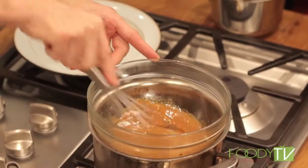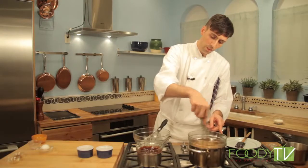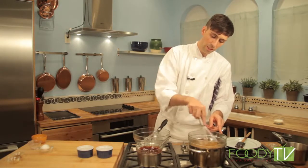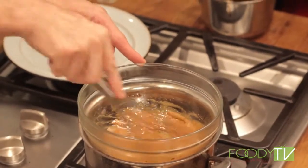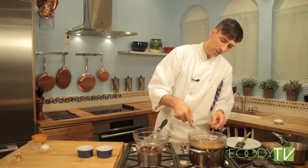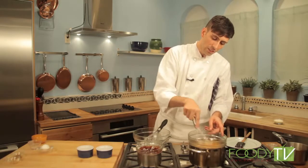Just another few moments. You can see that the color is starting to get lighter. Just want to make sure that we get all over. We don't have any clumps anywhere. So this is just about ready here. Our coffee syrup is just about cooked with our egg yolk. So now that we're starting to get nice ribbons here, we can tell that the coffee syrup is cooked nicely